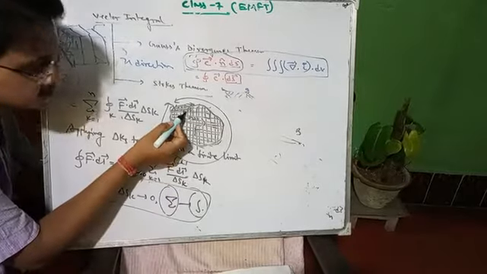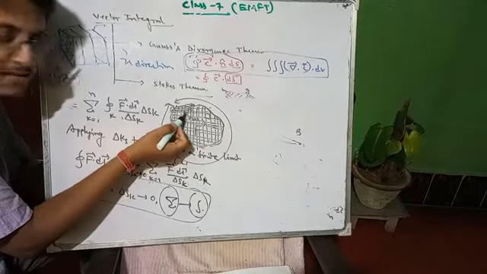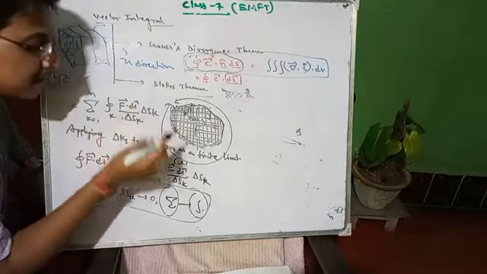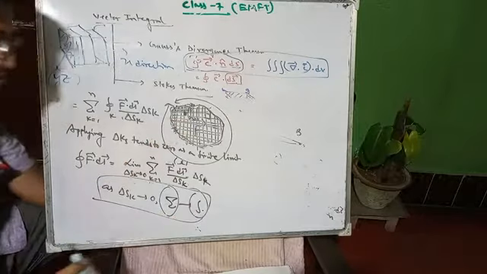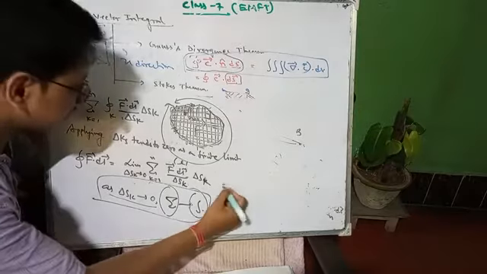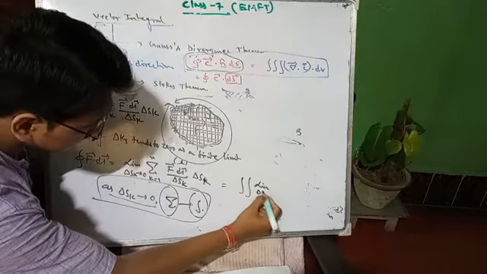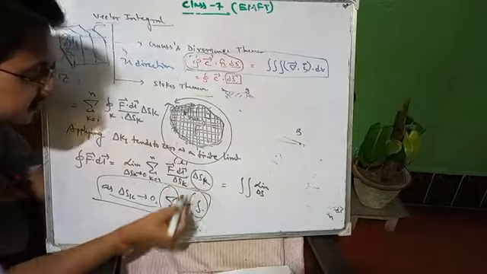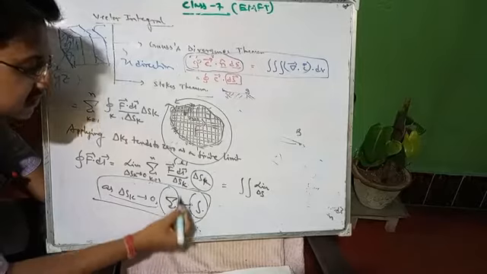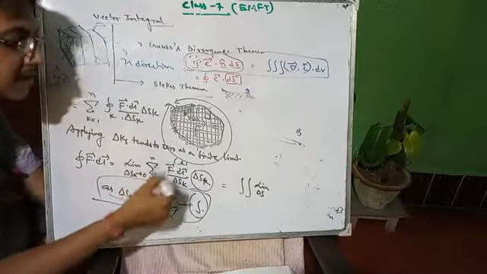If the segments are very small, then the adjacent segments also overlap with each other. This continuous addition means integration. So as del sk tends to 0, the summation becomes integration. The next line will be a double integration of the limit del sk. Why double integration? Because del sk is a surface, and it depends on two factors, that's why the summation becomes a double integration.